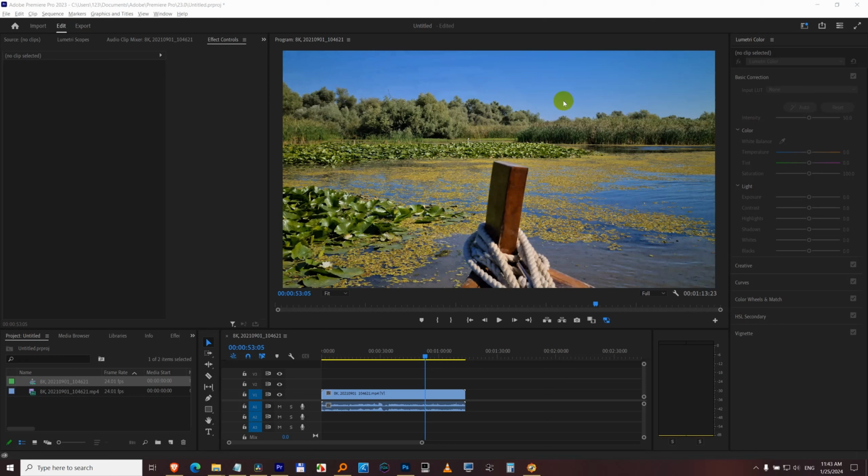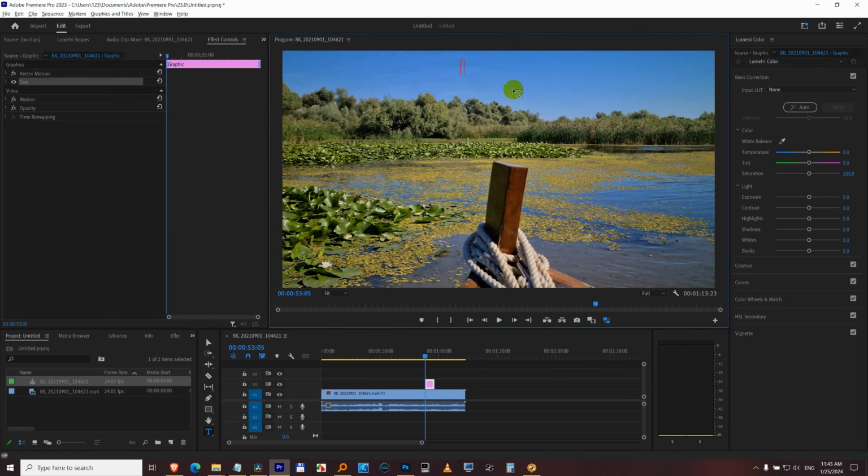How to move a text only horizontally or only vertically inside Premiere Pro. First, let's add the text. Click on this T, which is the type tool. Left click on your video, type in the text that you want, and here on the left side under edit